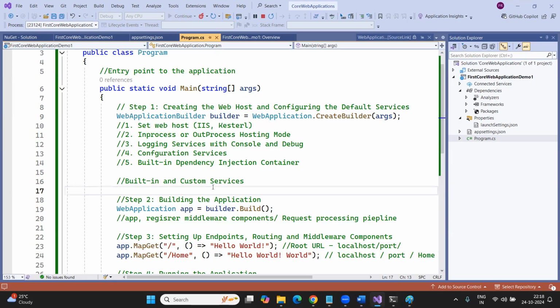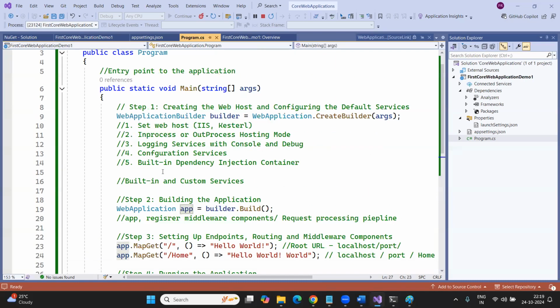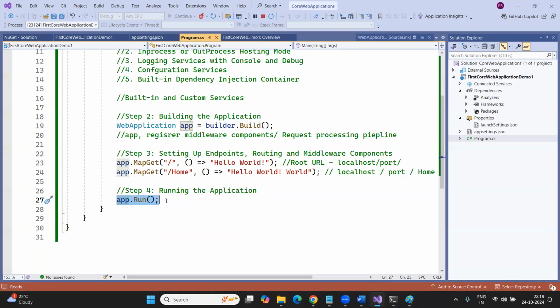I have one question. Yes, please. The app.run method runs when we run the application, right? It is going to run only when you start the application for the first time. Okay. So when I use this endpoint /home,